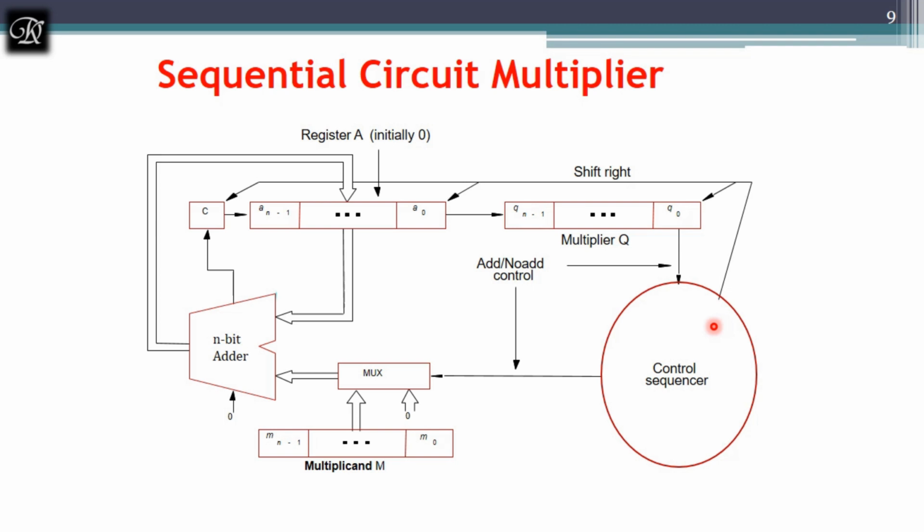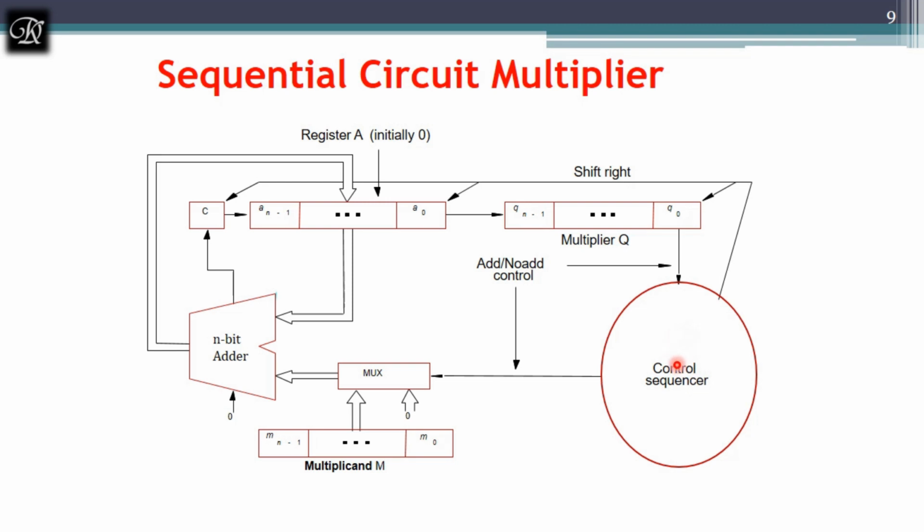Similarly, here we use a control sequencer based on the Q0 value from the previous stage. In the second step, we said that if Q0 is equal to 1, then add, and if Q0 is equal to 0, then don't add. That is what is decided by this control sequencer.